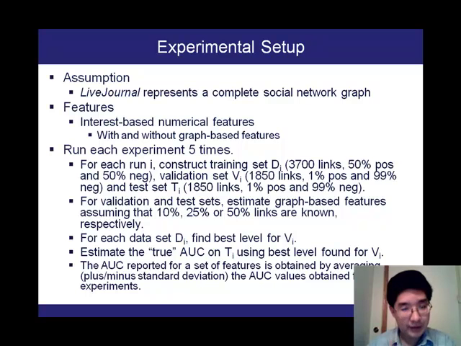3,700 links. That's the training data set. Now the validation data set is a representative data set relative to the original. It is 1,850 links with 1% positive and 99% negative, and a test set that's also from the same distribution. For our validation and test sets, we estimate graph features